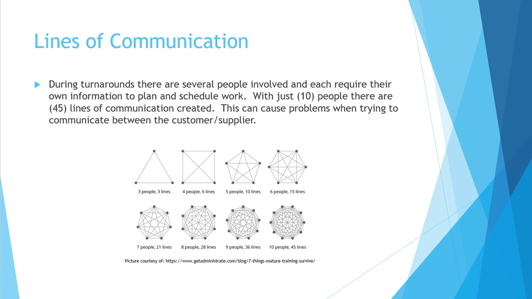So if we look at this image of how lines of communication are formed, you can see that with as little as 10 people, you can have 45 lines of communication between everyone. Now, if you've ever been involved in a turnaround, you know that there are way more than 10 people involved in planning and execution. From engineers to operators to maintenance personnel, plant managers, turnaround coordinators, procurement, shipping, receiving, and that's